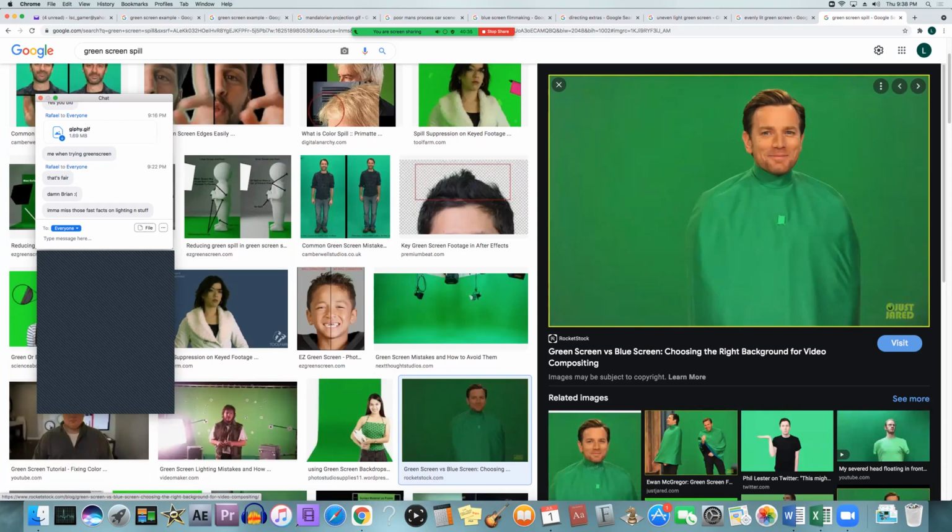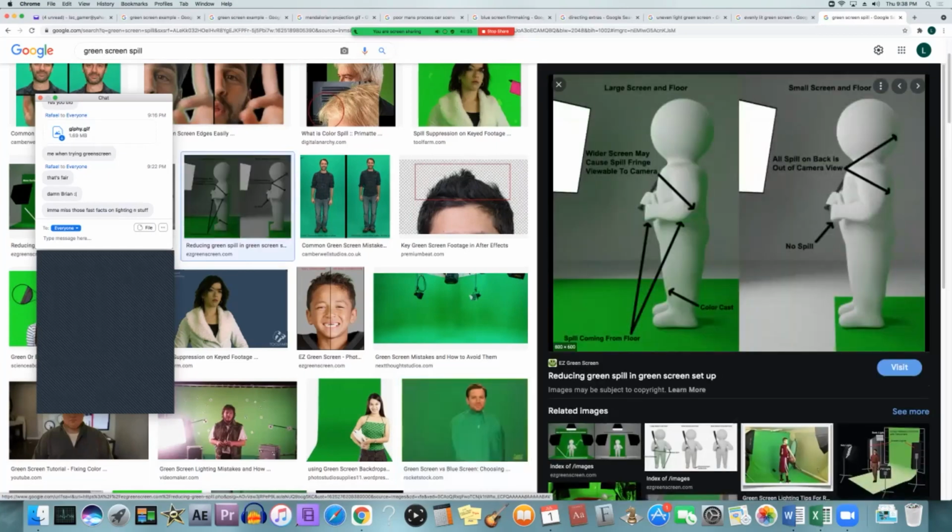As far as the green screen goes, sorry to cut you off, honey. As far as the green screen goes, that's why I sent a lot of the videos through WhatsApp, because there's way too much. We're not going to be able to break it down in a meeting. And I also sent the ones that Brian sent talking about movement with a car, and also